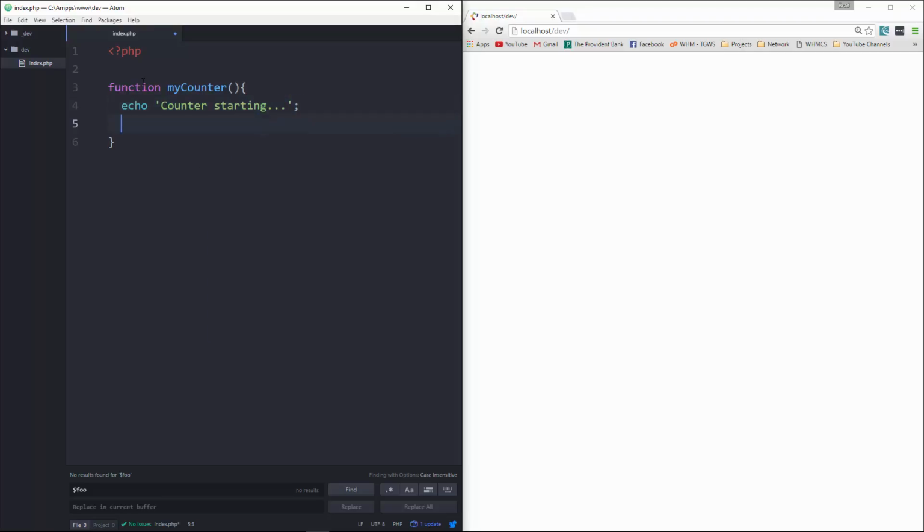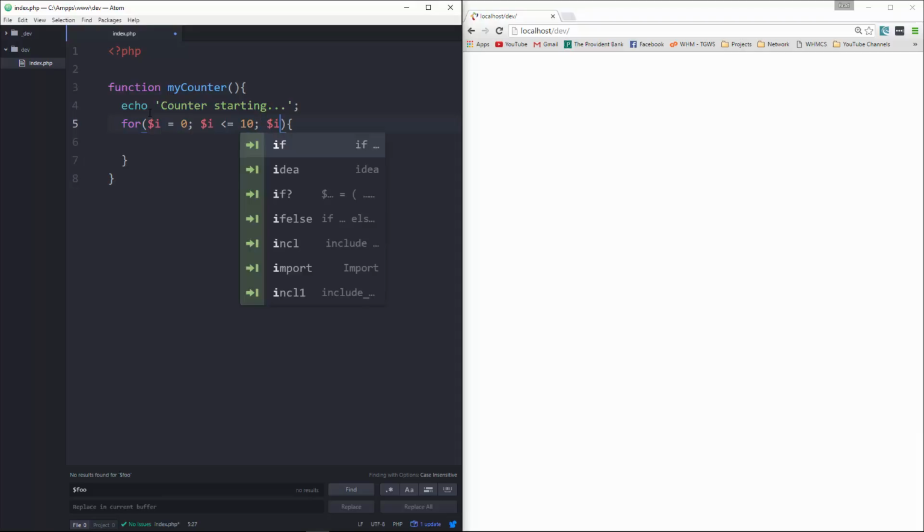Then we'll have a for loop, and we're going to say i is equal to 0, and as long as i is less than or equal to 10,